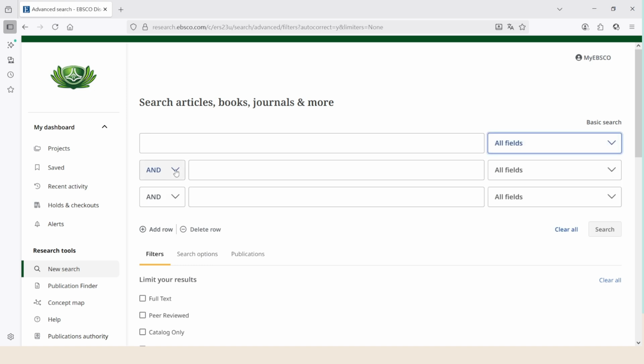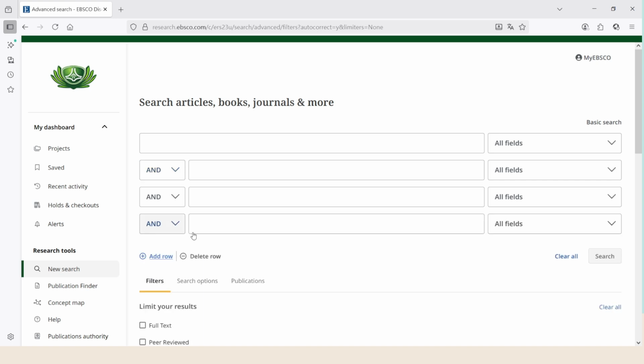From this drop-down menu, you can select one of the Boolean operators and, or, not. If the search boxes aren't enough for you, you can click the arrow to create additional search boxes for more complex searching.